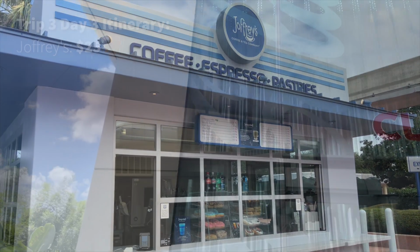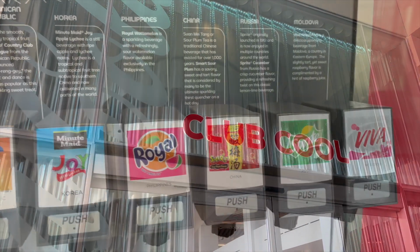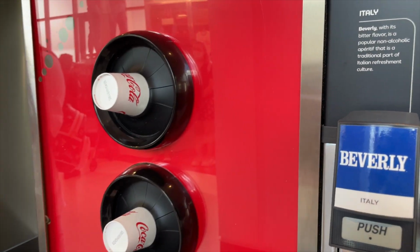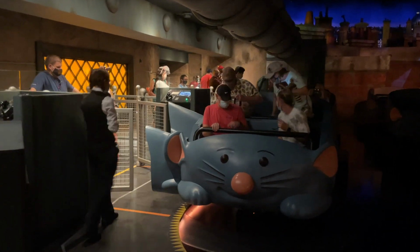Price estimate $25. While you're still waiting for your boarding group to be called, try out all the free soda samples over at Club Cool. Even the Beverly. Come on, it's the rules. And your boarding group is ready. Now you can venture on over to the France Pavilion for a ride on the new trackless dark ride in